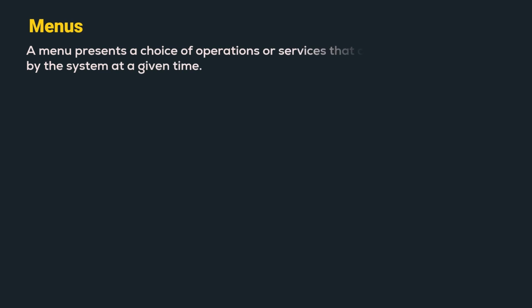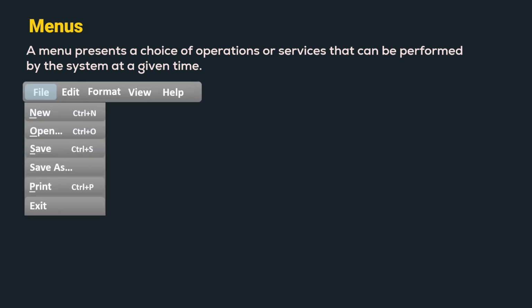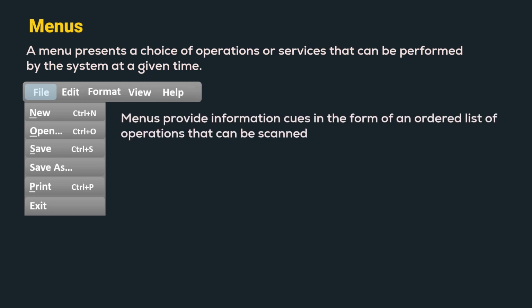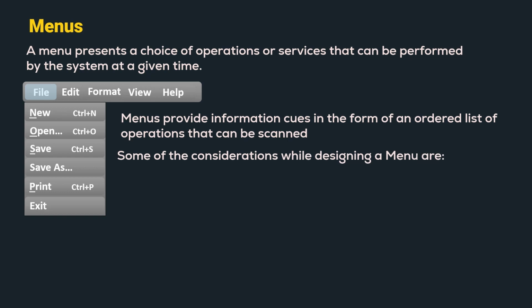The next widget is menus. A menu represents a choice of operations or services that can be performed by the system at a given time. As we already know, it is easier to recognize information rather than recalling it. Thus, menus are a powerful technique that provide information cues in the form of an ordered list of operations that can be scanned. Some of the considerations while designing a menu are